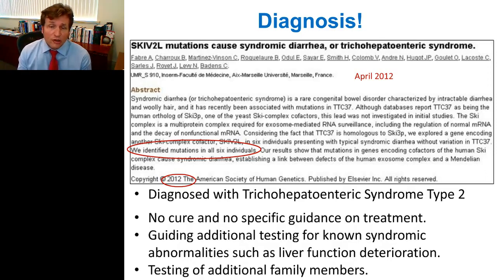And so there's no cure, as I just mentioned, and additional family members have been tested. And of course, for this family, since they're a young couple, it could have potential impact for them downstream when they're thinking about having other children. So these are ways to think about this.